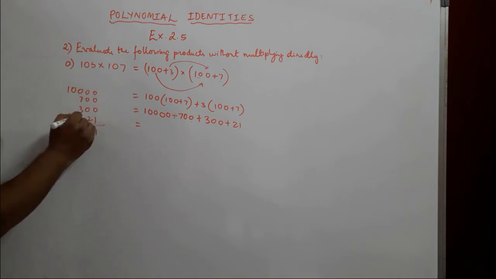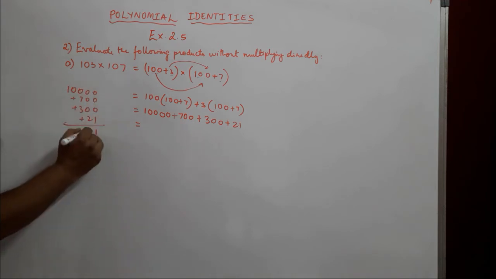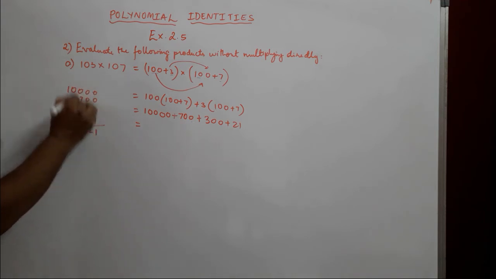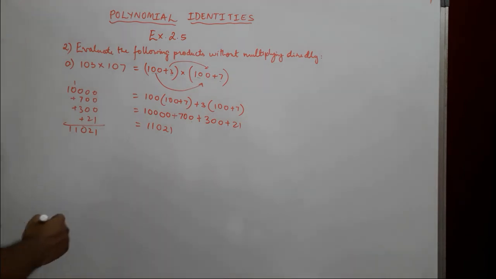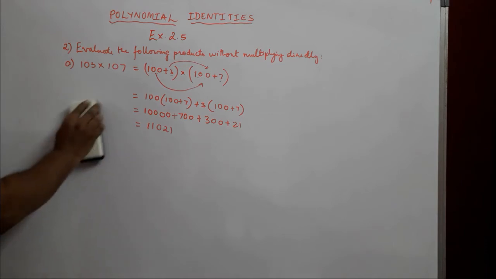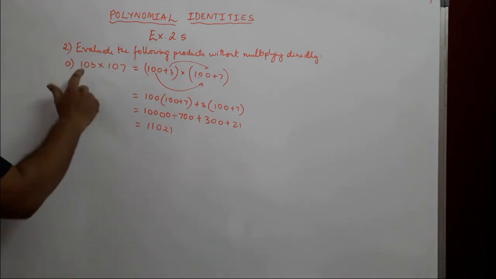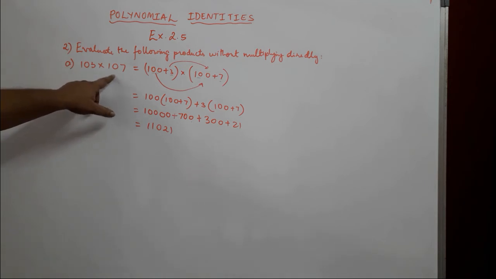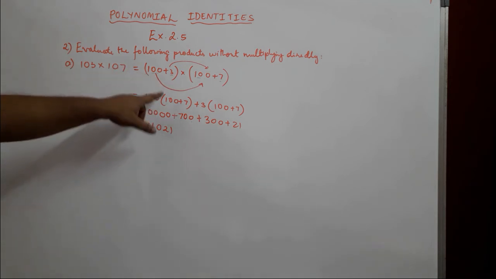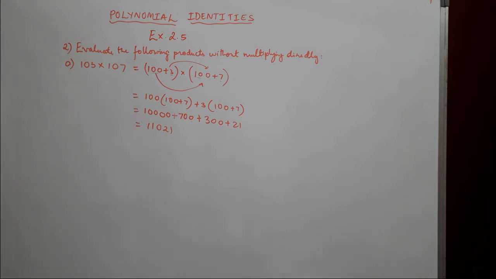So this will be 1. These are all added. This will be 2. 7 plus 3 is 10. We get 1 over here, carry. That 1 will come down, and 1. So our answer is 11,021. This is our answer. Now if we go to multiply and find out, we should get the same answer. You can try it by multiplying 103 into 107 to find out if your answer comes this. It should come this. So this is how we get the answer of such problems without directly multiplying them, by using polynomial identities. Okay, let's solve the next one.